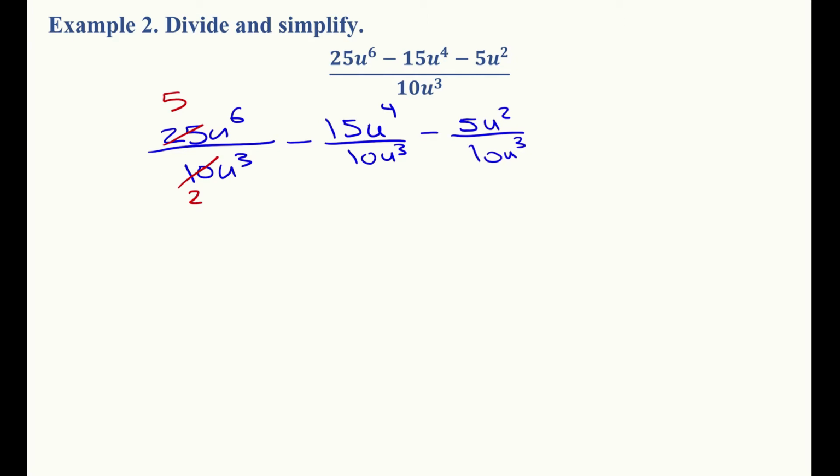And in the next fraction, 5 goes into 10 twice and into 15 3 times. And in the last fraction, it goes into 10 twice again, into 5 once. Alright, so next we're going to have 5 halves